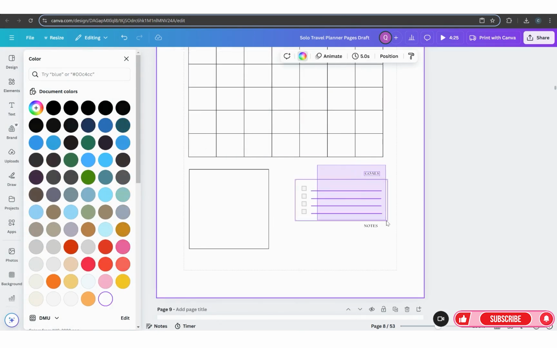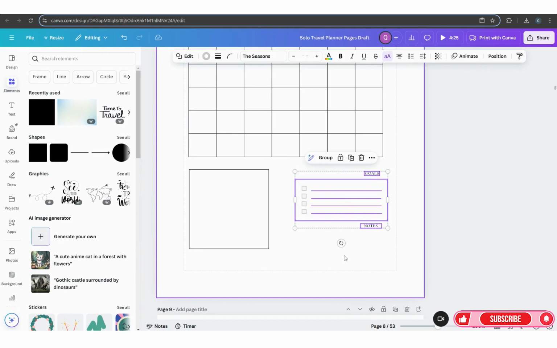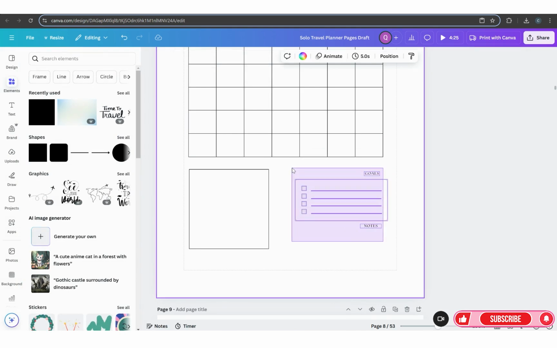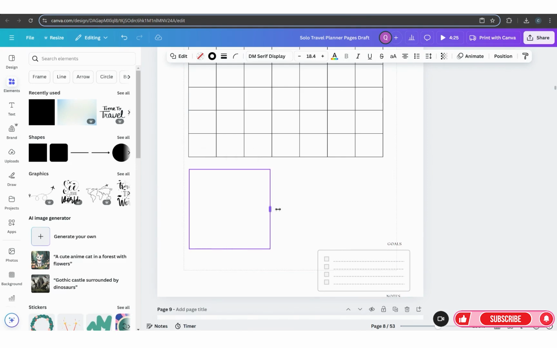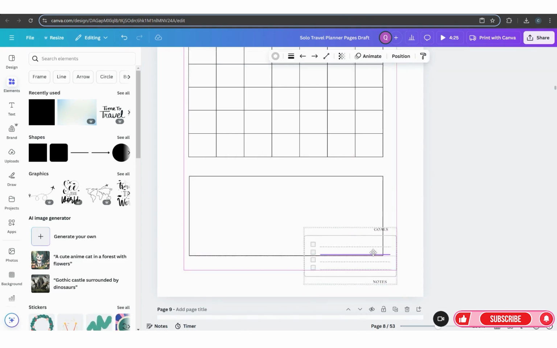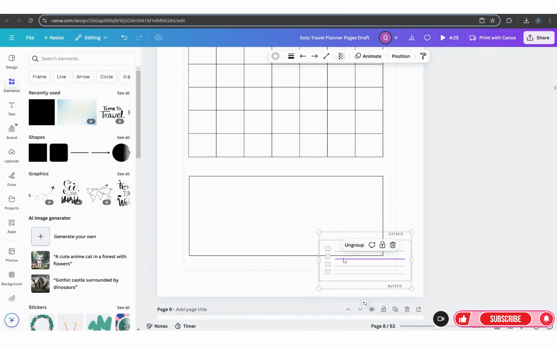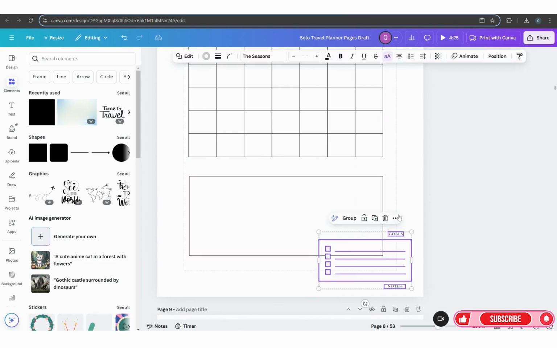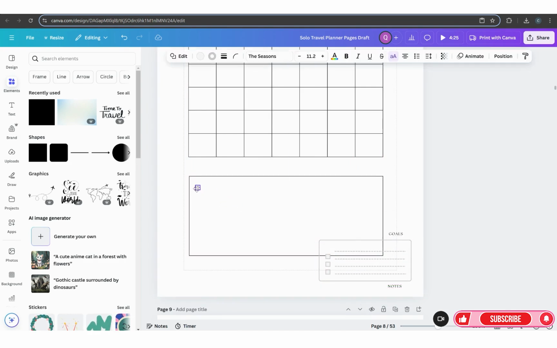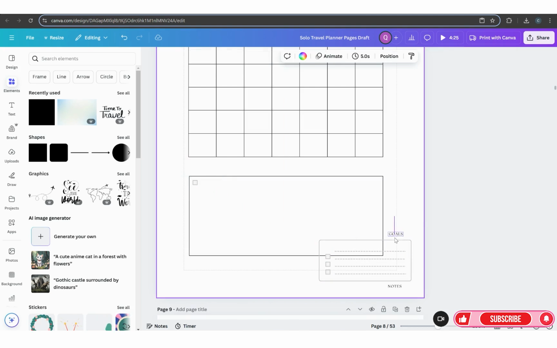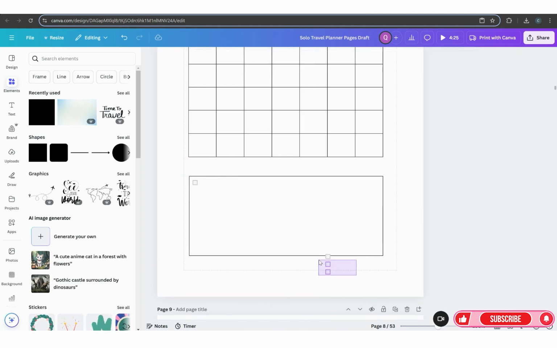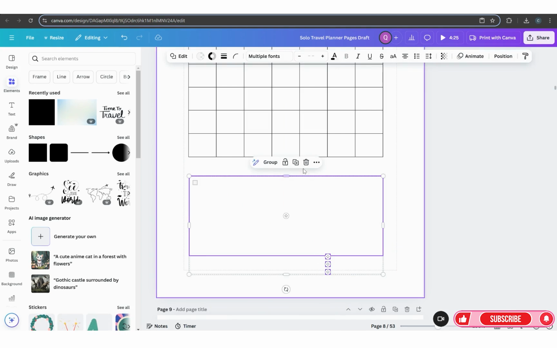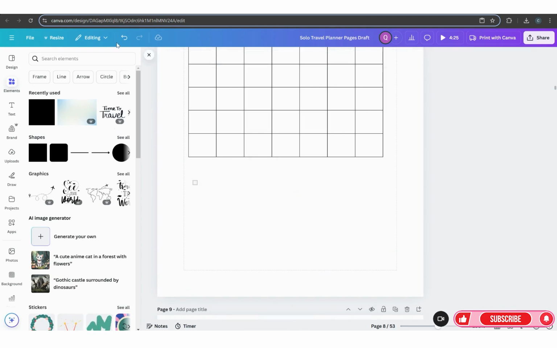And then I'm just going to highlight all of this. Let me highlight the whole thing. I want to group this, and I'm just going to drag this out of the way because I want to be able to make a box like this and move this down. Now, what I want from this box is just the squares. So I'm going to ungroup this, and I'm going to take one of these squares out, and then I could just delete the rest because I don't really need it. Same thing for here. I could delete those,